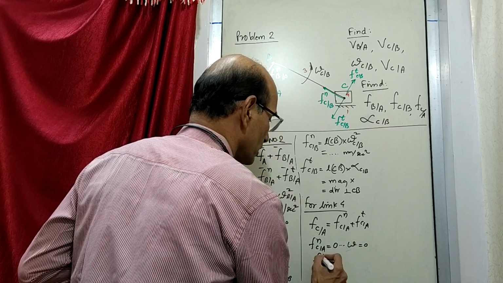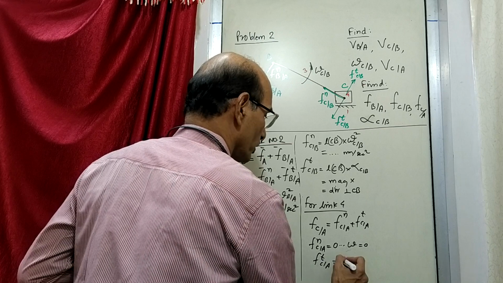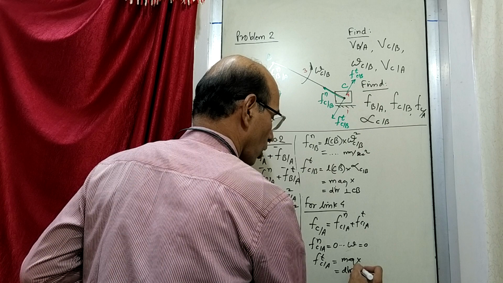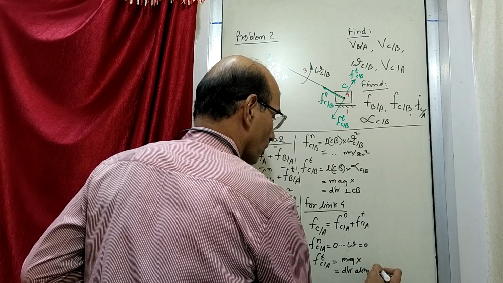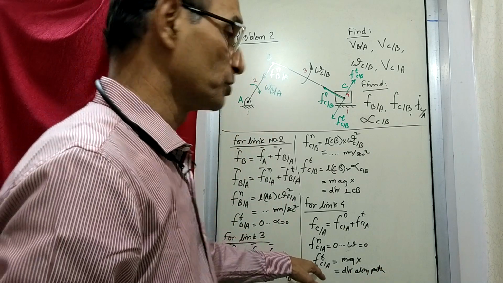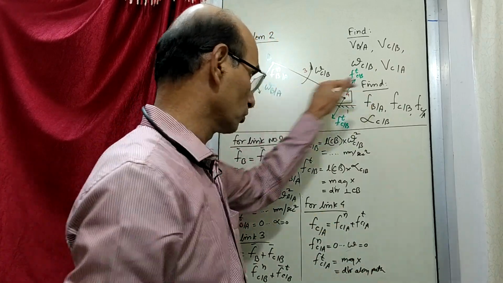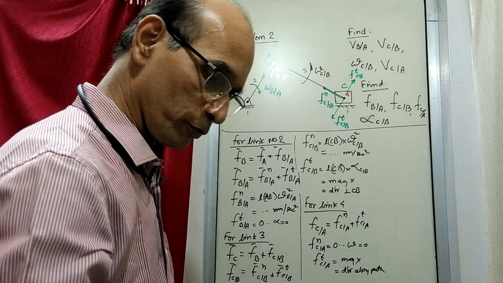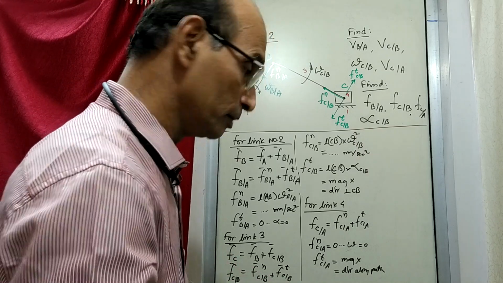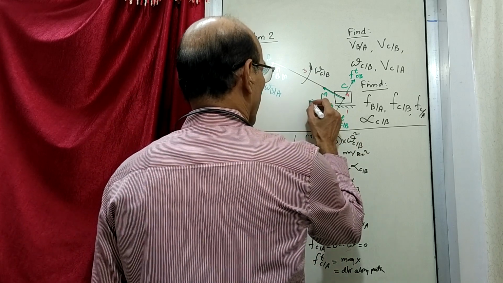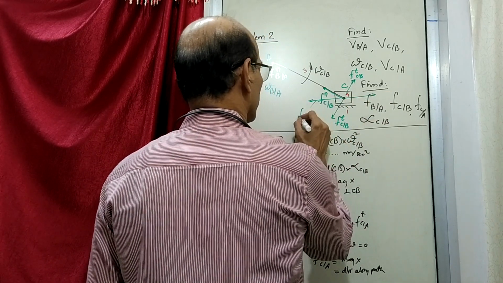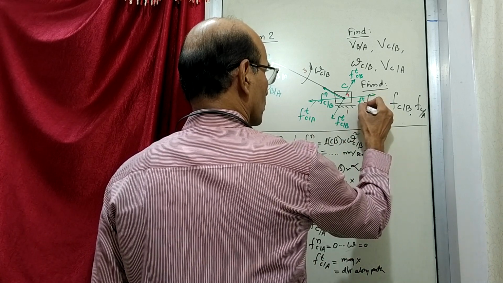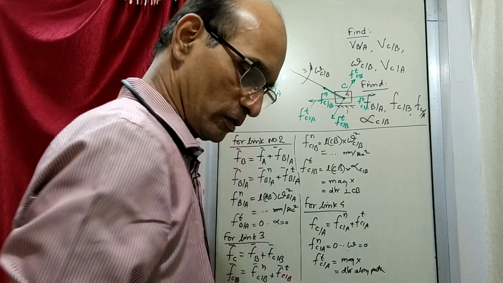And tangential component, we don't know the magnitude, but we know the direction. It is along a path. The direction of the tangential acceleration will be along the path of this. So this we know direction. If you want to show that here, it will be something like this. This will be ft of c relative to a, either this or this. Which is correct, we don't know.